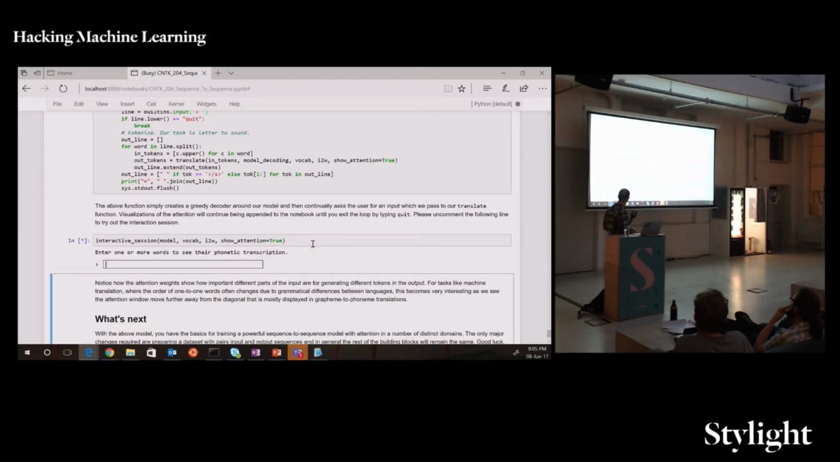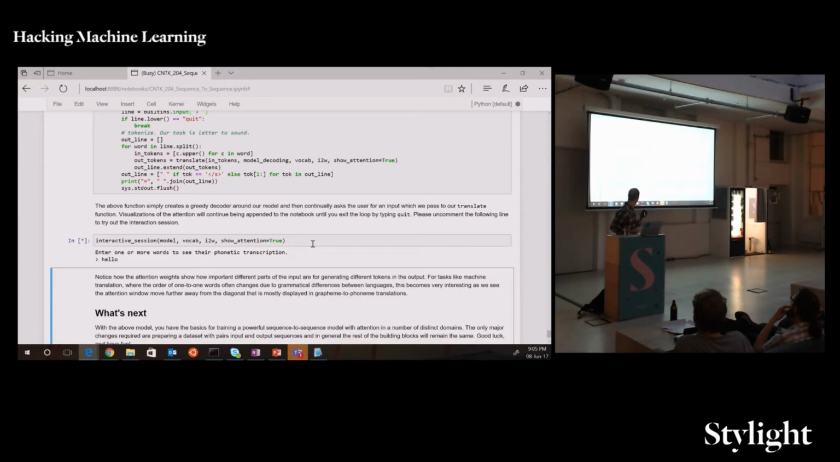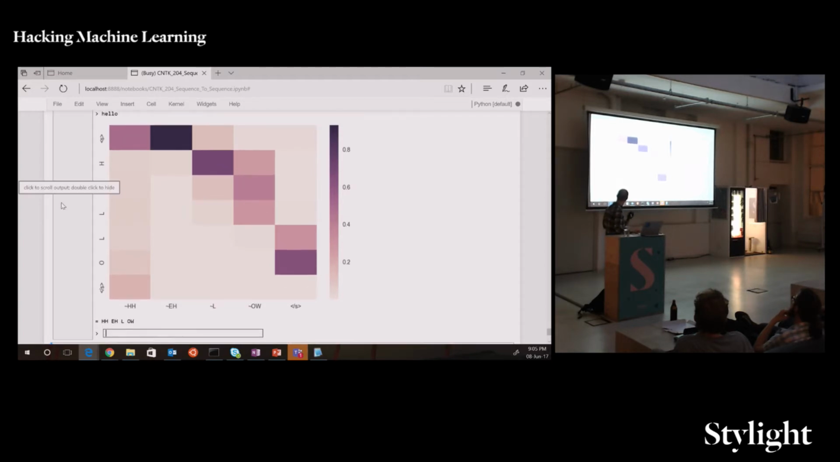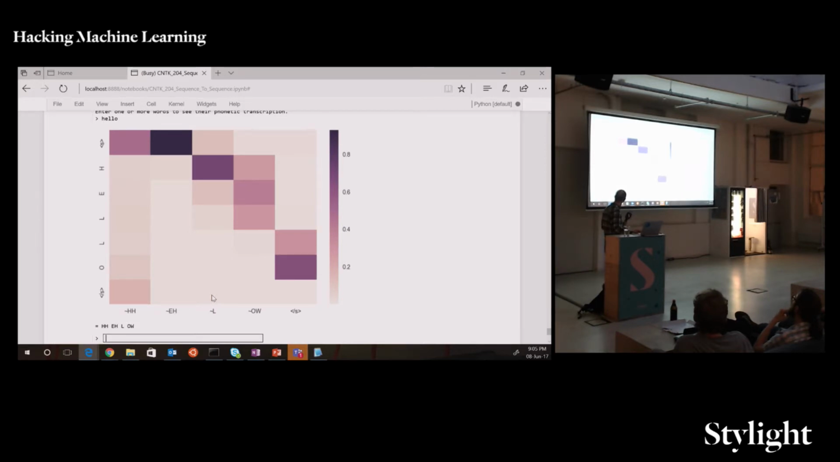So enter one or more words to see their phonetic transcription. So I'll say hello. It says h-e-l-o. So hello. So it works for that one. And the interesting thing is that we also visualize the attention window. So what this means is when we produced this HH, most of the attention weight, so this probability distribution, was on the sentence start token, which might seem kind of weird,